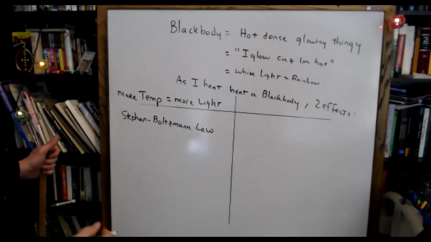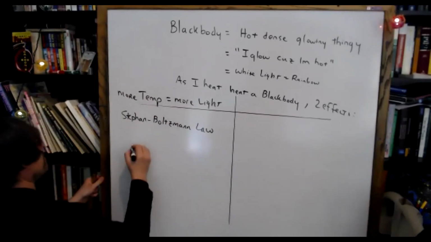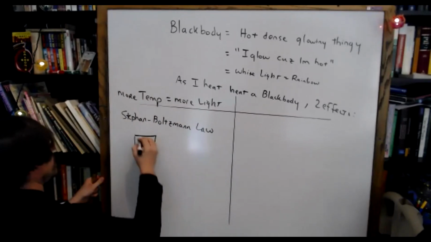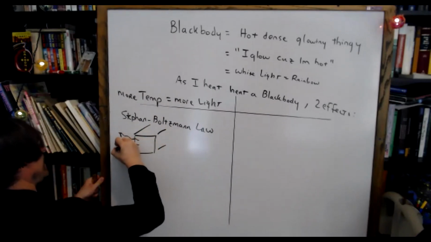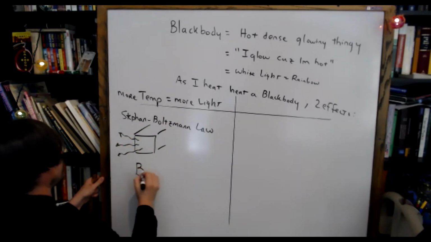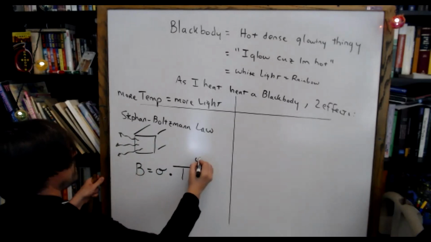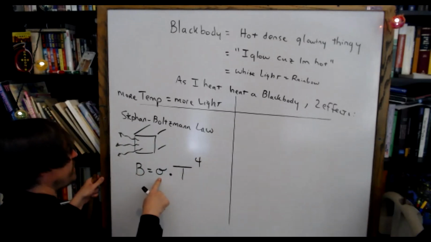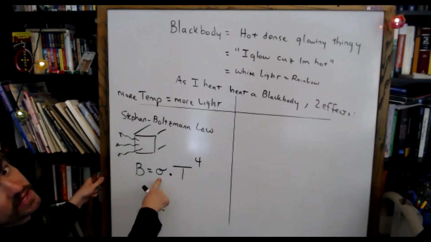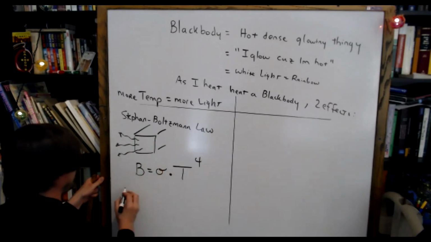The Stefan-Boltzmann Law tells me that if I have a lump of iron and I make it, say, 1 square meter, and I want to know how much radiation it's giving off, the brightness in watts per meter squared is a number called the Stefan-Boltzmann Constant. This is the Greek letter sigma, kind of looks like an O with a baseball cap, times temperature to the 4th power,